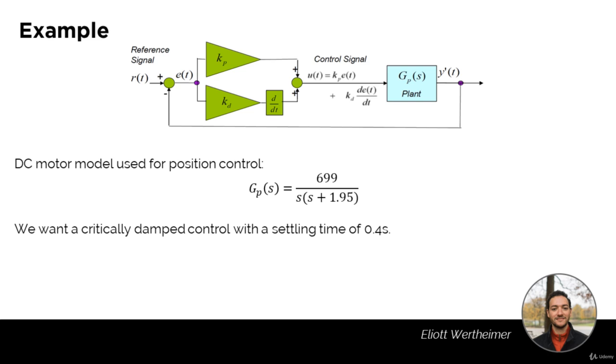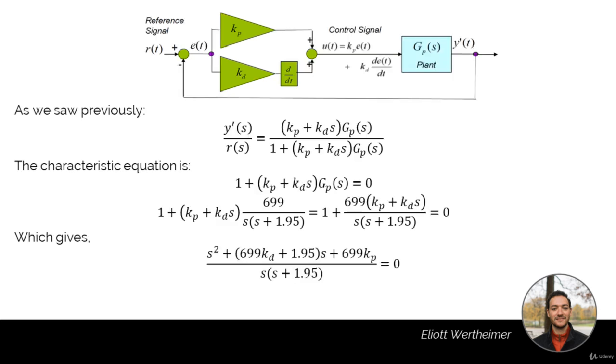Its plant transfer function is G(s) equals 699 divided by s multiplied by (s plus 1.95). So here we want a critically damped control with a settling time of 0.4 seconds. So we just developed in one of the previous slides the transfer function from the input R(s) to the output